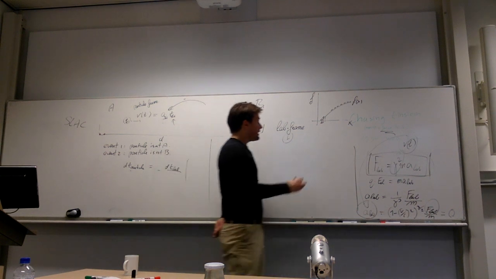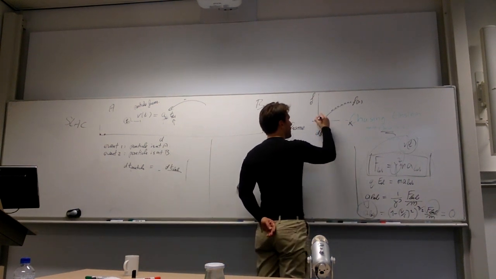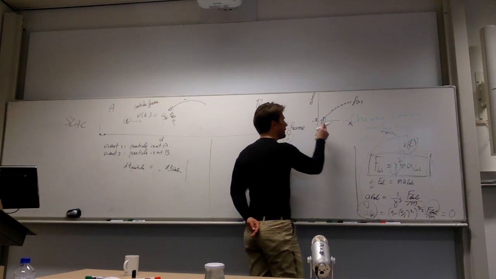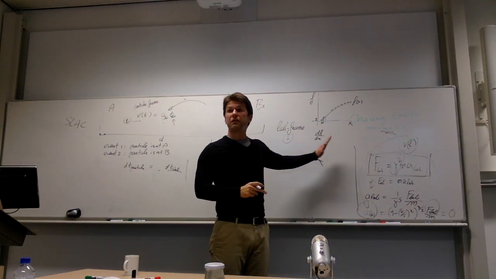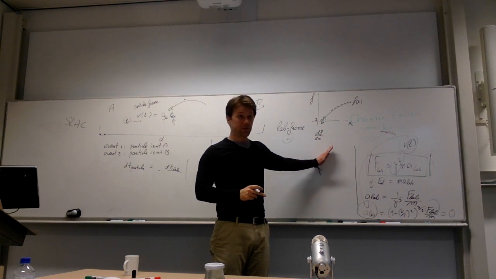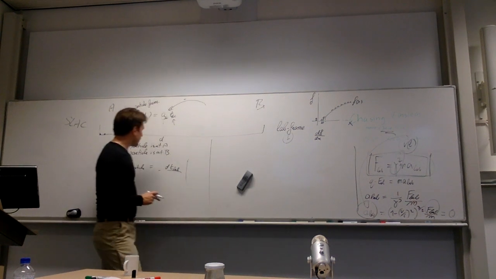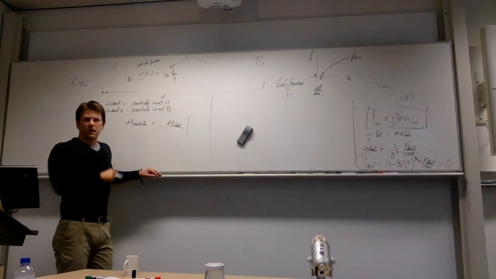Derivatives, if you recall, is literally this. You take df, so how much this goes up, divided by dx, how much you went to the side, assuming that the amount that you went to the side is infinitely small. Right? That's the definition of a derivative. So we are going to do the same thing here. We're going to say that the velocity of the particle,